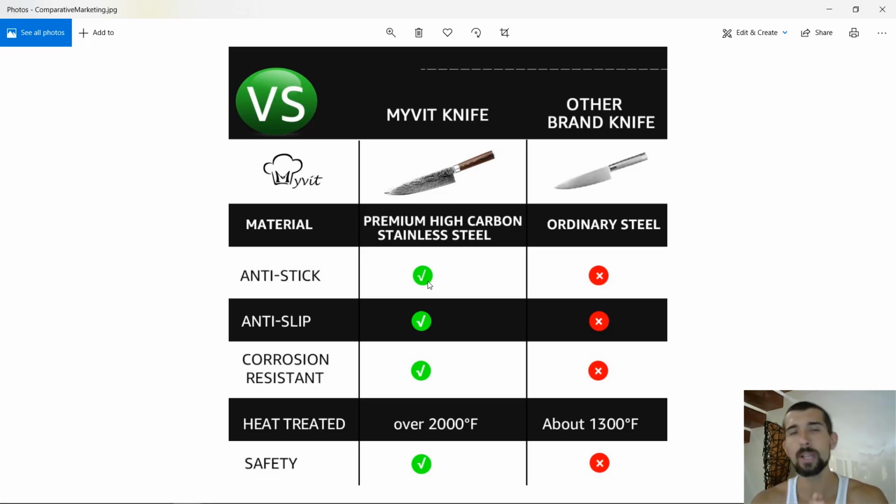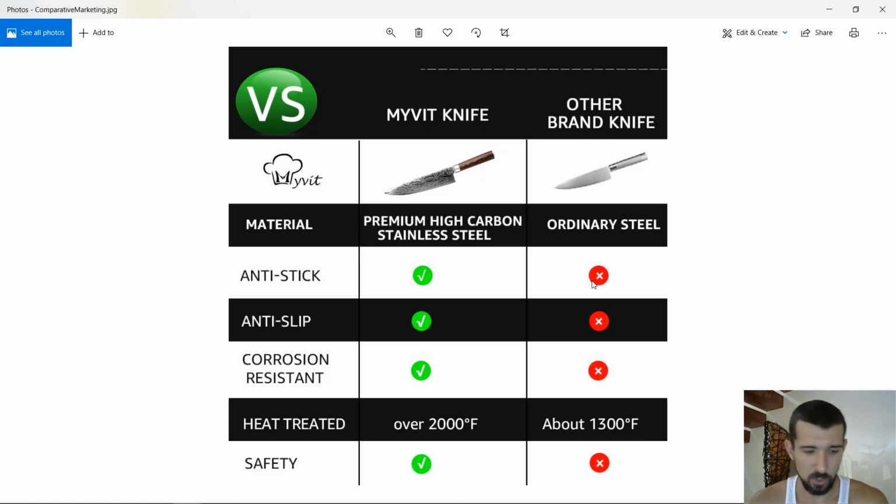Now look, comparative marketing is something you need to understand the rules about. You can read about the regulations of comparative marketing in your marketplace, wherever you're selling, because it might be different. So be careful with it, but it's widely used, so it's not a big problem. I use it as well. It gives good conversions. In comparative marketing, we speak about the problems or features that are very important to our ideal customer. Then we say that we have them and others don't. You can also sometimes say some people have part of them, to make it more trustworthy.